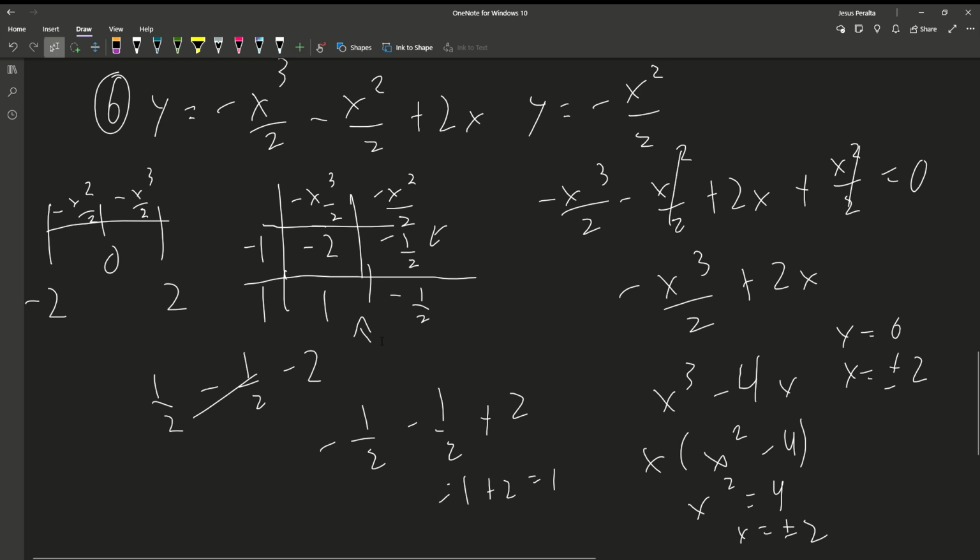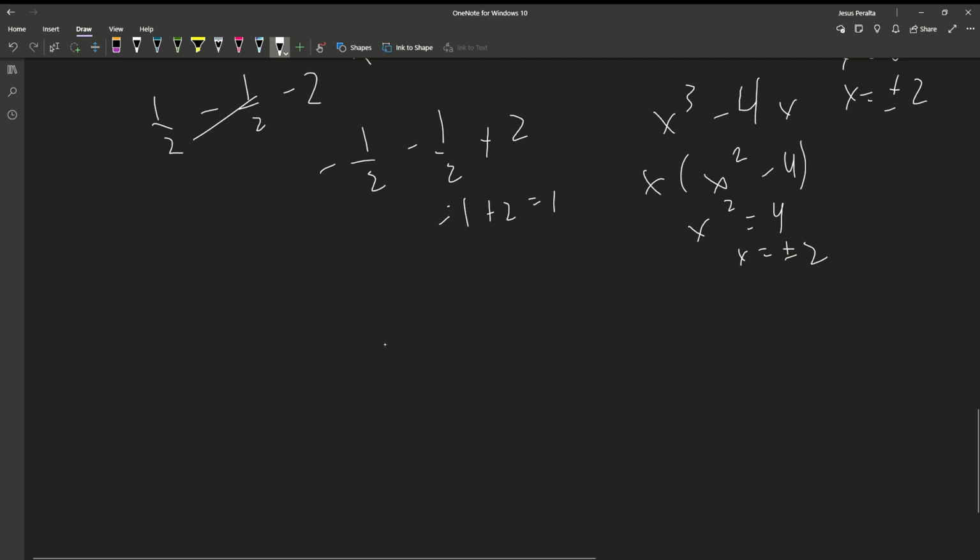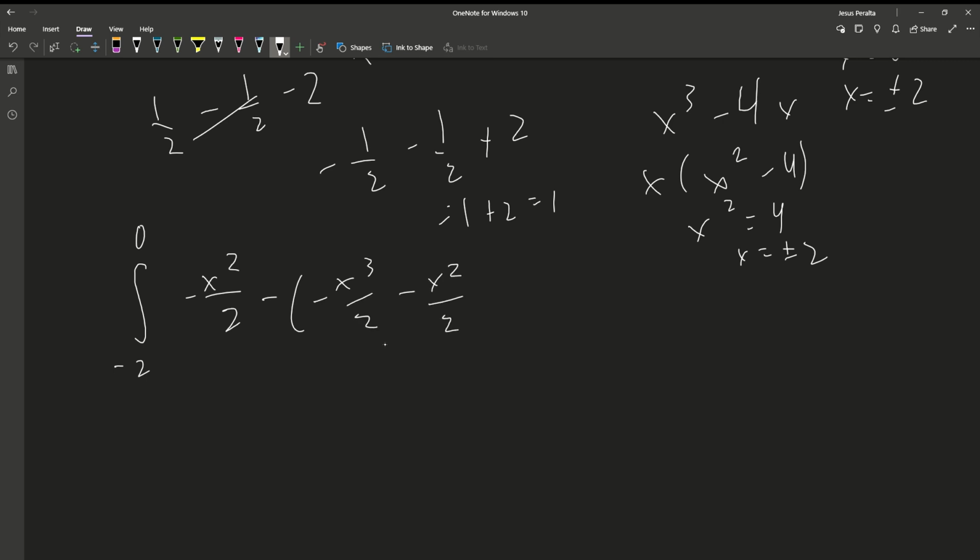Okay, so knowing that, we can now write our integral of negative 2 to 0. And our first equation on top was negative x squared over 2 minus, and then you want to get the one on the bottom, which is negative x cubed over 2 minus x squared over 2 plus 2x. And then from here, you want to,